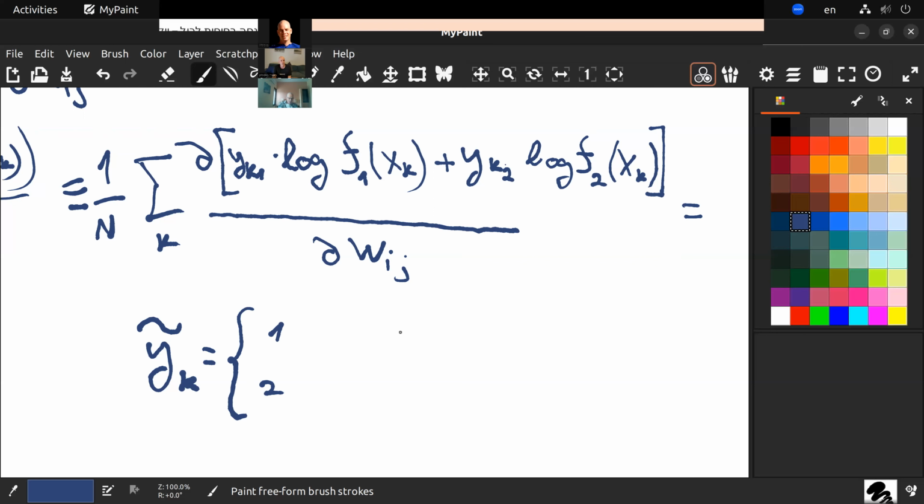It will be 1 if y_k is a dog, and 2 otherwise. I don't think it's a good notation, because y tilde k suggests that it's a vector. Tilde suggests it's a vector, because it's like y_k, a variation on y_k. That's what you expect. Instead of tilde, what have you